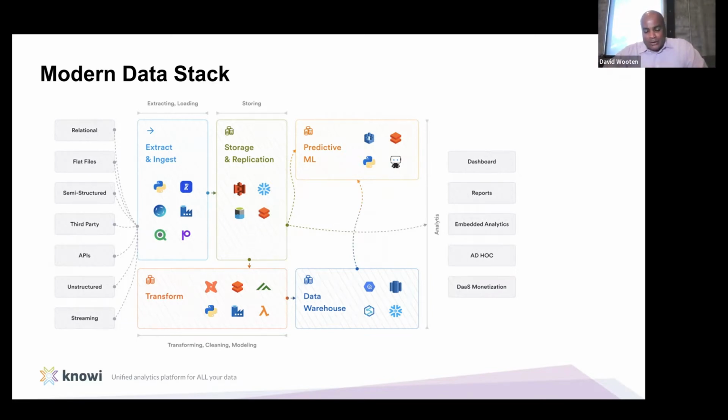But that actually leads to my next question, which is, where do you find all the people to manage the stack? I mean, you have to have experts in extraction tools, experts in data warehouse tools, experts in transformation tools. An enterprise may be able to throw money at this thing, but if I'm a smaller, medium-sized business, there's no way. Is there a way that I would be able to find all the people to manage something